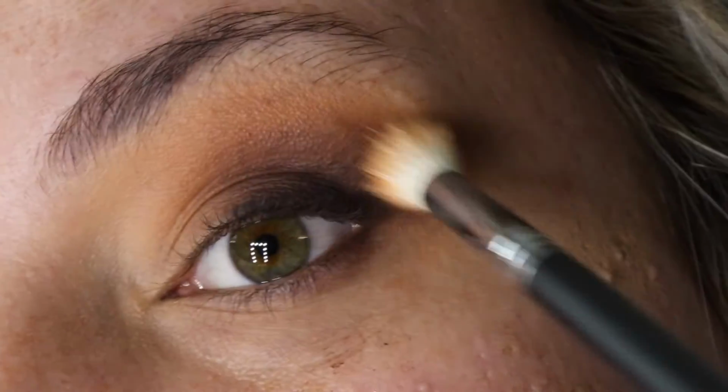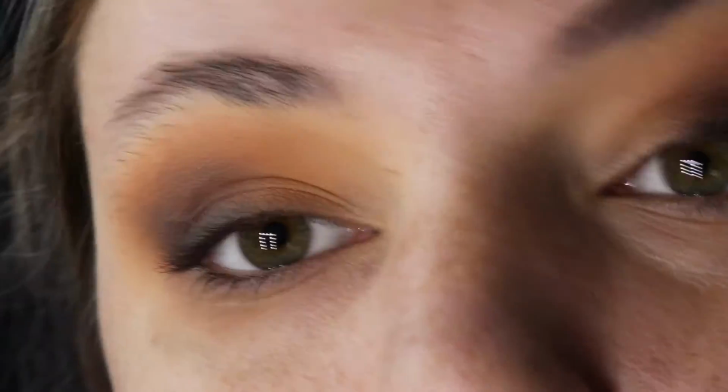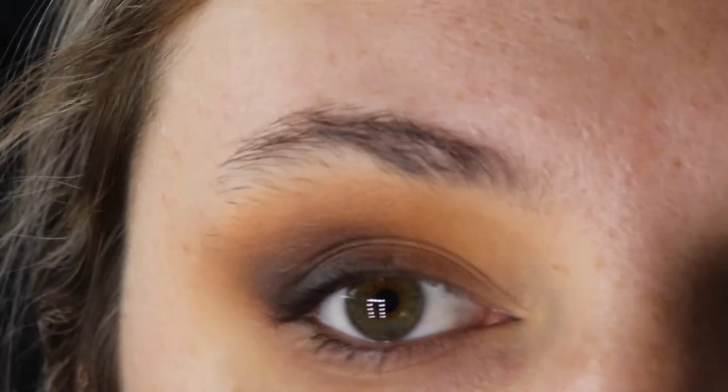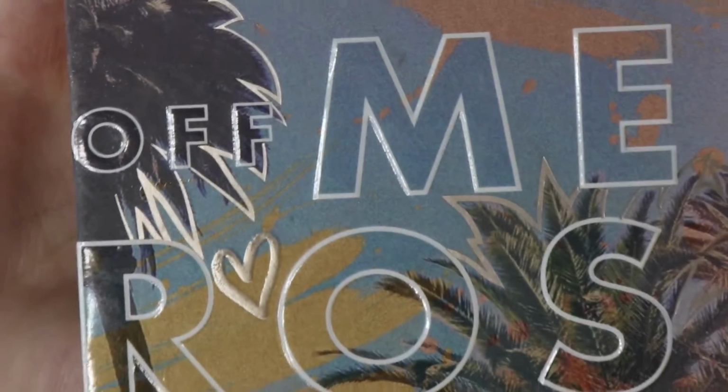So now you've got this beautiful modern day smoky eye, and I'm going to take it up a notch. You can stop here. Don't be afraid to stop here if you like just a matte simple look, but I personally like to go a little above and beyond. So I'm taking this ColourPop Off Melrose palette,